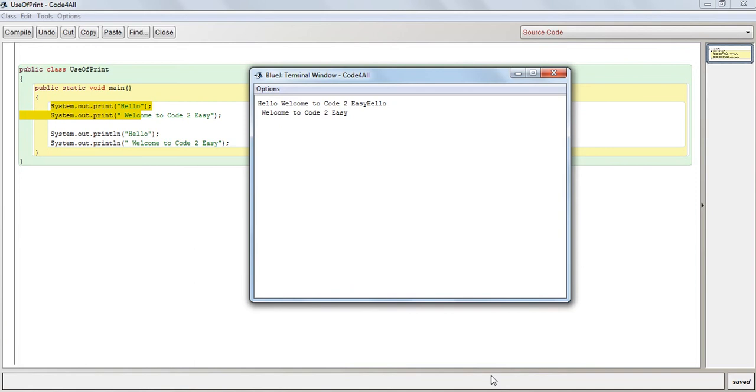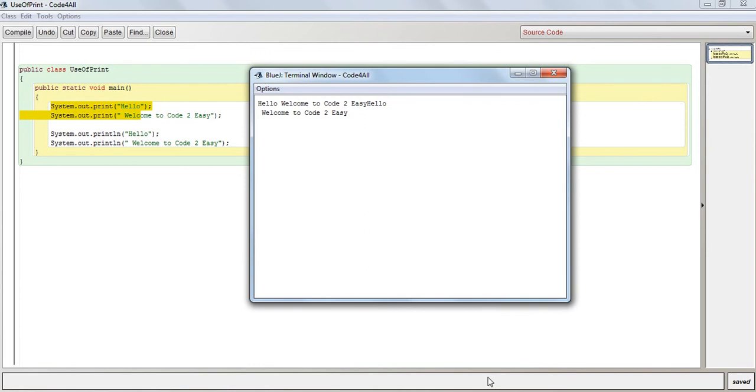Okay, now what we can understand from this is that the ln commands help to print the output in a next line, or the printing shifts to the next line when it gets an ln command while executing println.